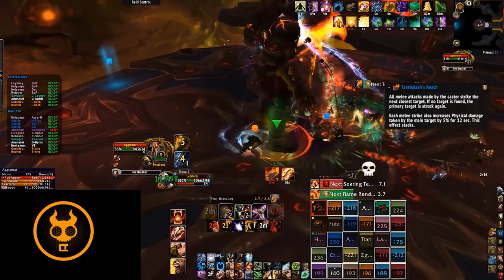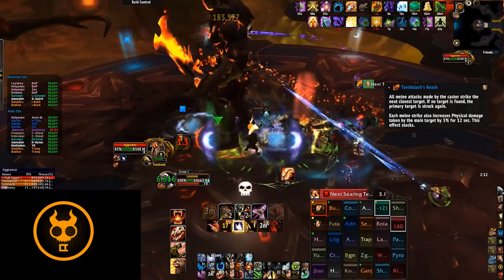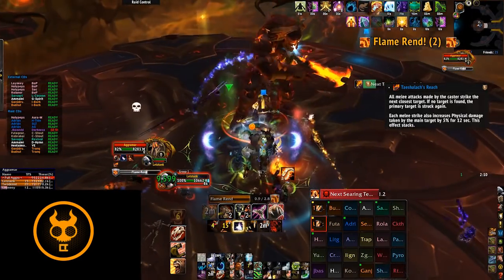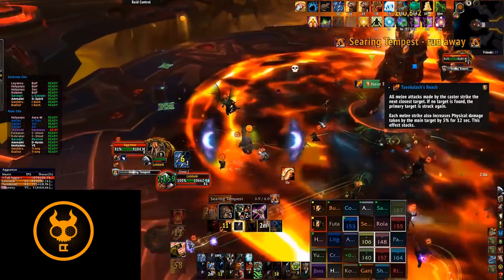Obviously, the more stacks you have, the more damage you're going to take, and the more damage that's going to get split between both the tanks. So just keep that in mind as you're taking higher stacks. You may want to think about using some kind of damage reduction